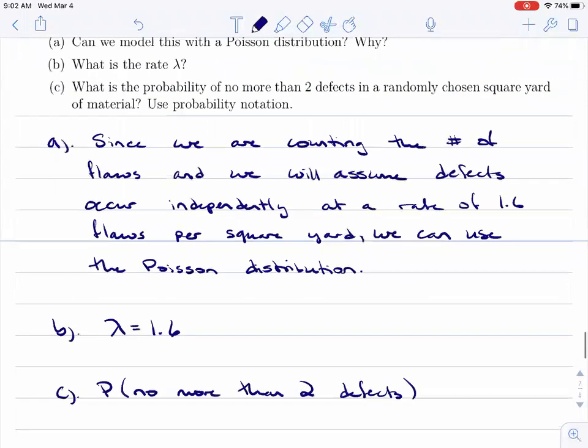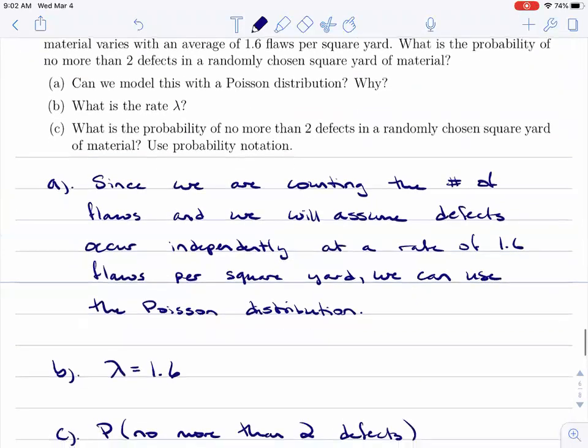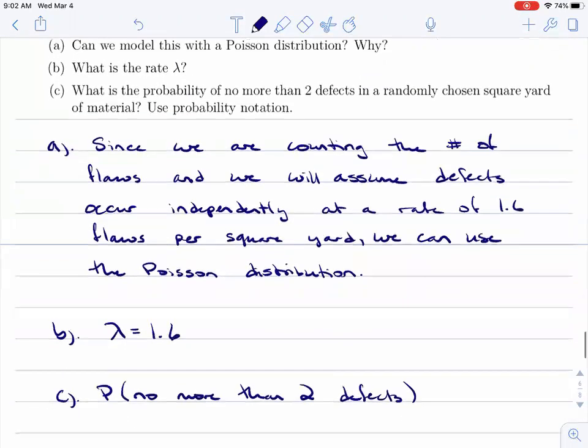One thing that you don't have to pay attention to in the class setting is that in the real world, if you're trying to count stuff and you know the rate per square yard, you can only talk about the number of defects per square yard, and so then the units become important. For us, it'll always kind of work out. So no more than 2 defects